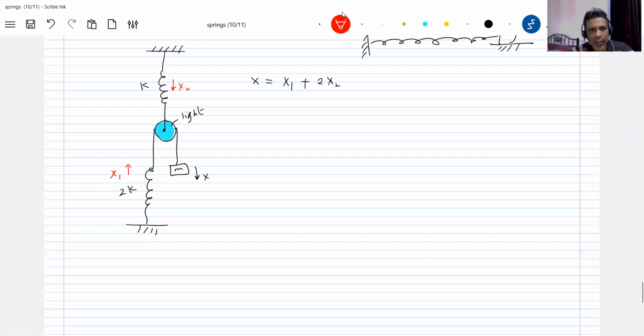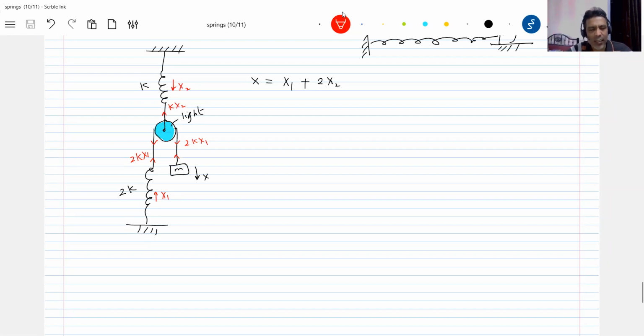Okay, let's come to the spring forces. Since the springs are elongated, how much spring force acts? Here, kx2 will act. Then how much spring force will act here? 2k x1. And the pulley is light, so the same spring force should act here also, 2k x1. Since the spring is elongated, how should the spring force act at this particular point? Are all of you able to get this?